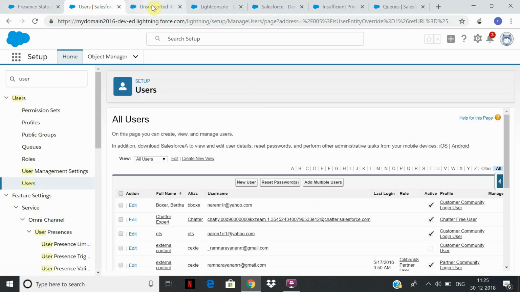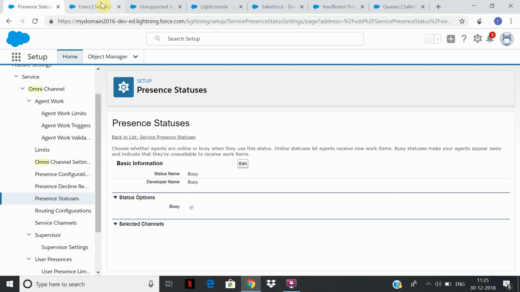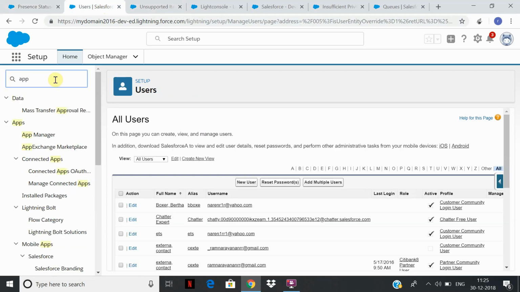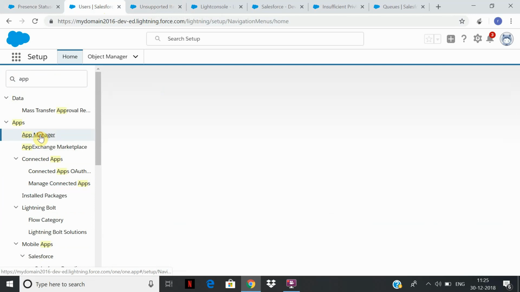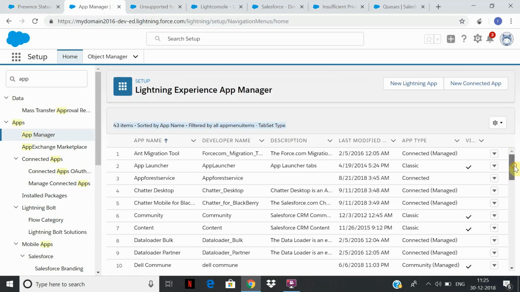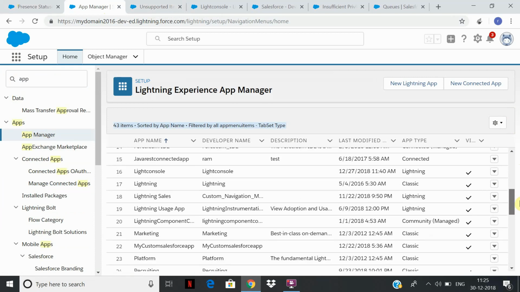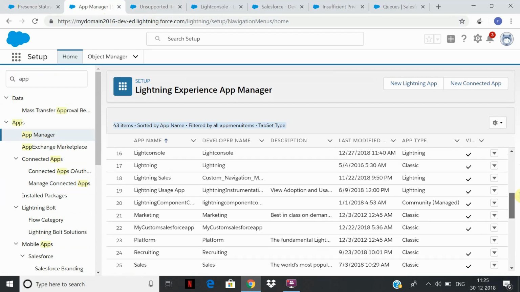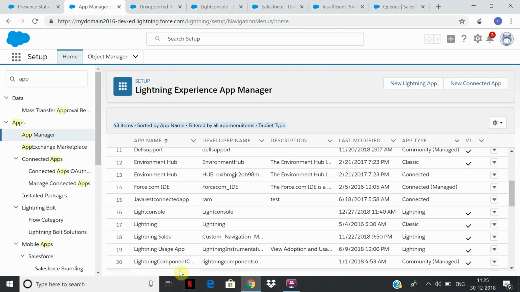Now if you remember, we saw the Lightning Console app. We need to go back to the Lightning Console app which we created and set up this omni-channel. If you have added this as a utility, it will start working on that particular channel. So edit the app.